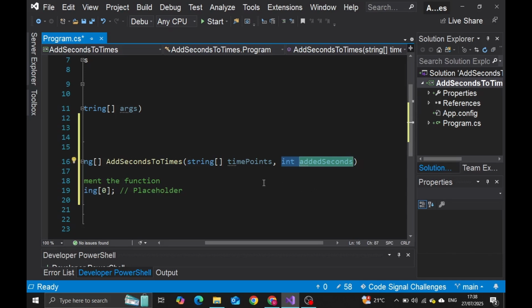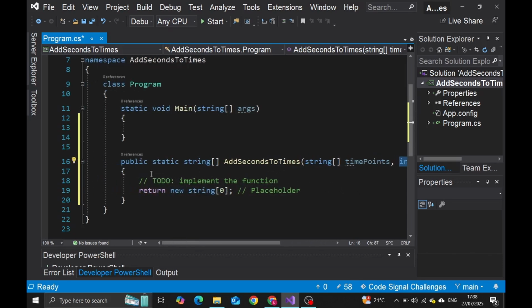So how do we pass an array when we are calling this function? To do that, we just go to the static void Main. Since this function is a static function, we do not need to initialize it, we can directly call it. So in this case, AddTimeToSeconds, and then I pass in my